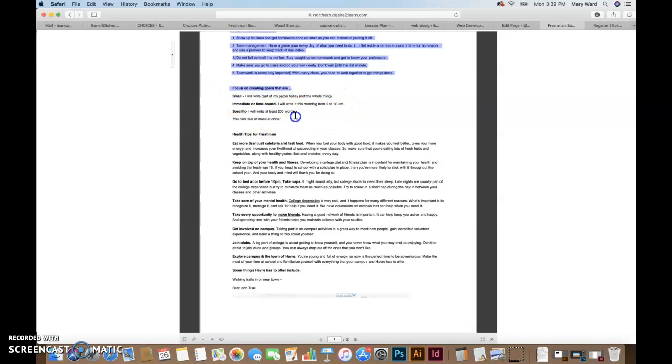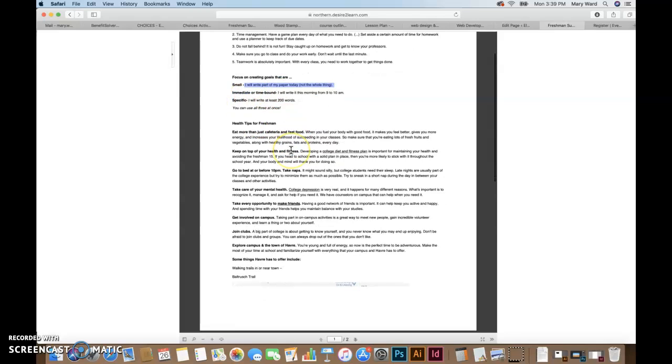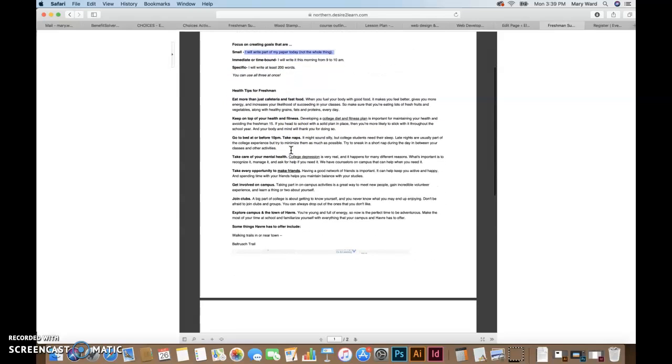Creating specific goals is helpful. Time-bound goals, 9 to 10, just small goals, and chip away at things instead of having to leave everything for last minute. And another thing, just taking care of yourself is something that you need